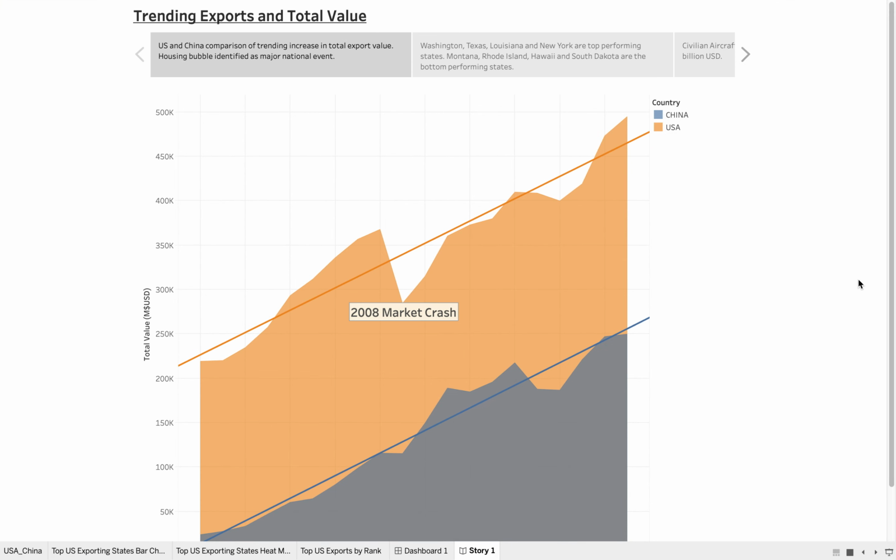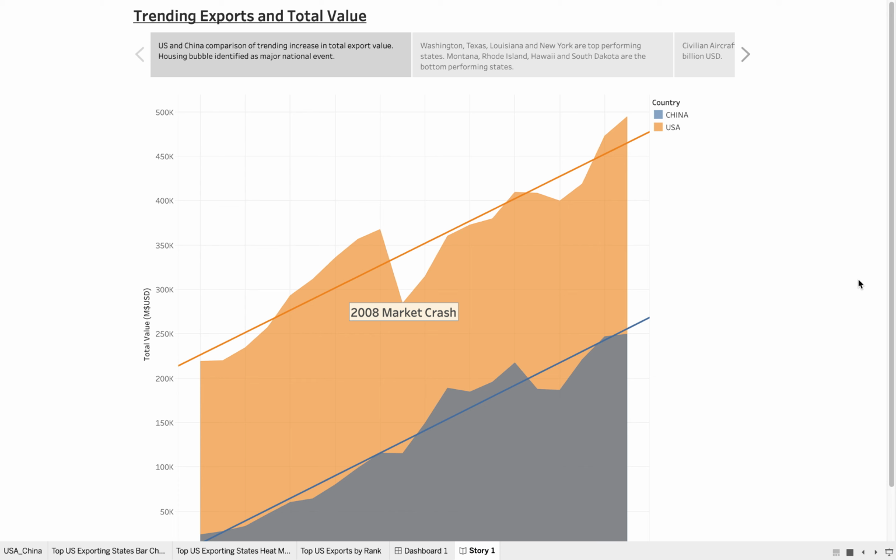Within my research, China was a top performer in export value against the U.S. So, I wanted to analyze the comparison of U.S. to China, and also understand if there were any major national or global events that would affect those trends throughout that 20-year data. I was able to pull the data from tradingeconomics.com and utilize their information for this U.S. and China comparison.